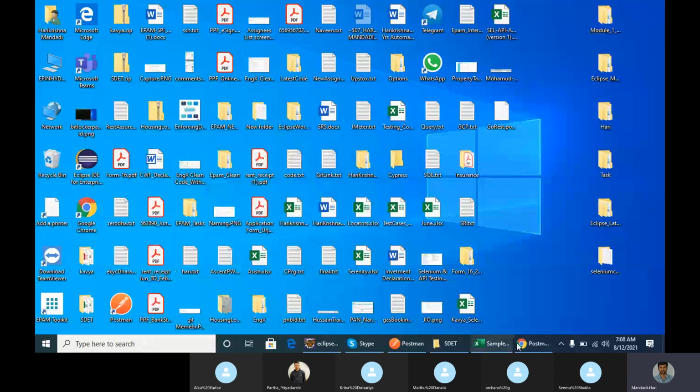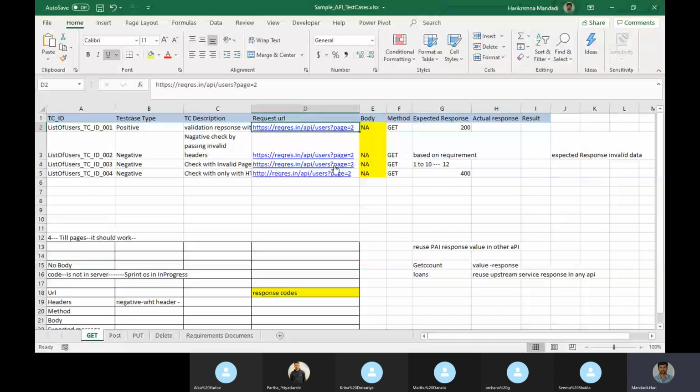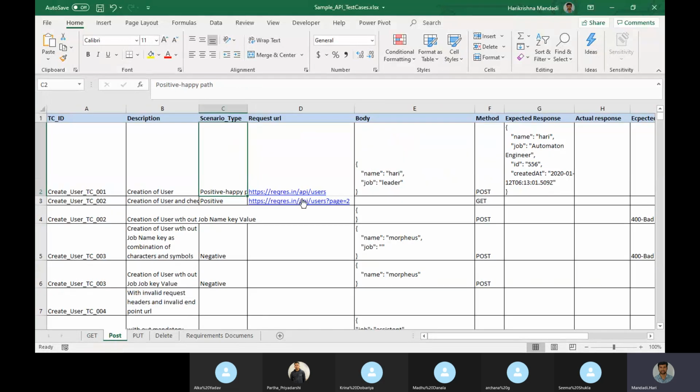If you see here, request dot rest dot in. Till dot in is common. This is not the one for post, this is the URL, API users.